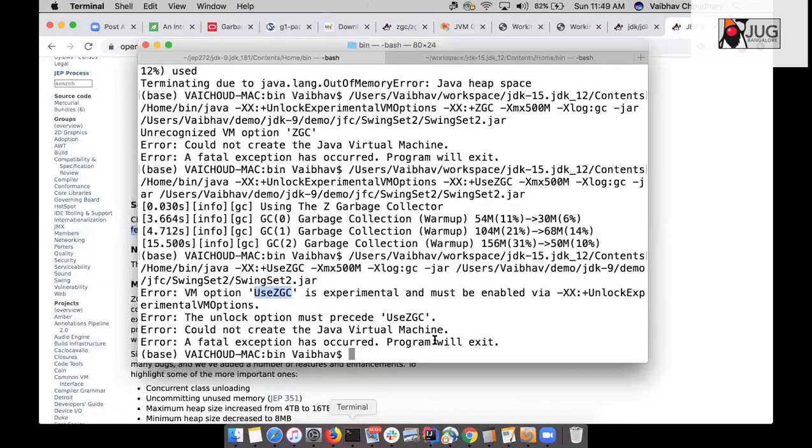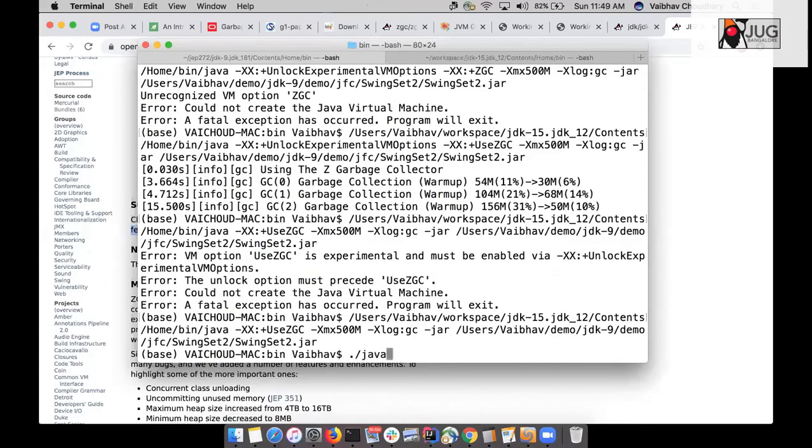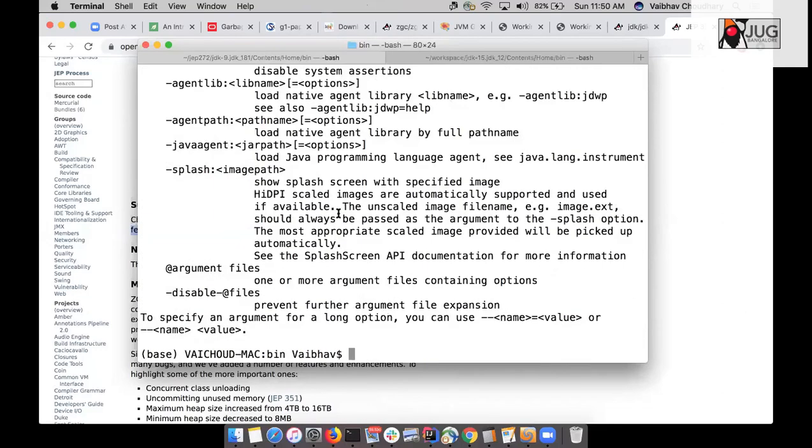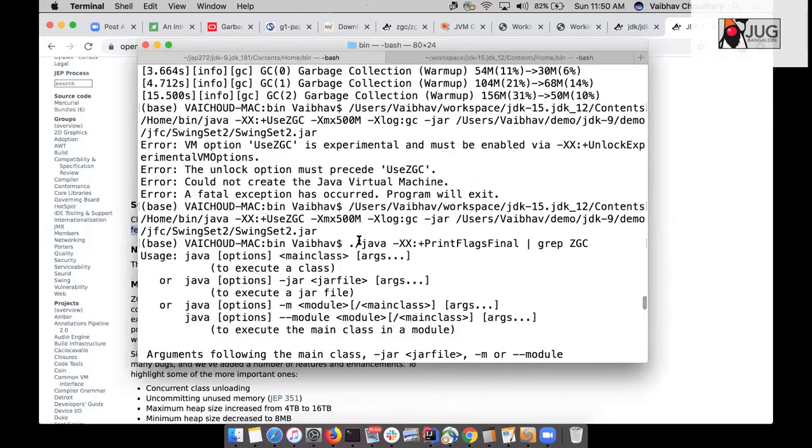Hold on. Let's run it on the command line. That can be found out by the command line. Nothing is getting grepped for ZGC.